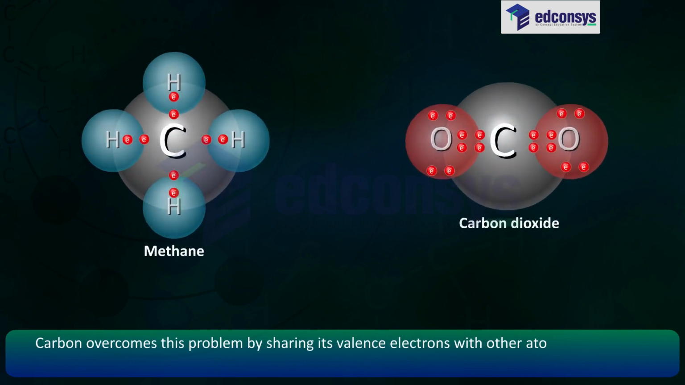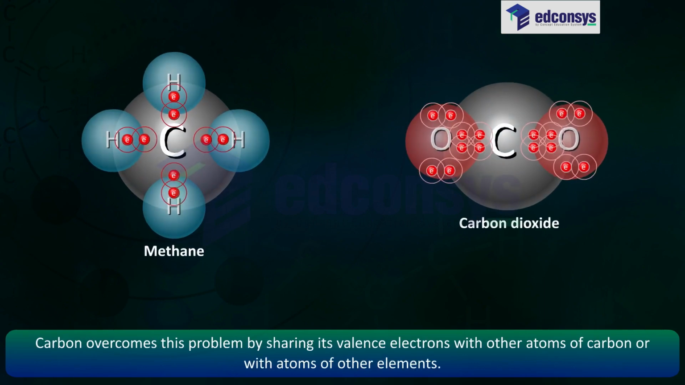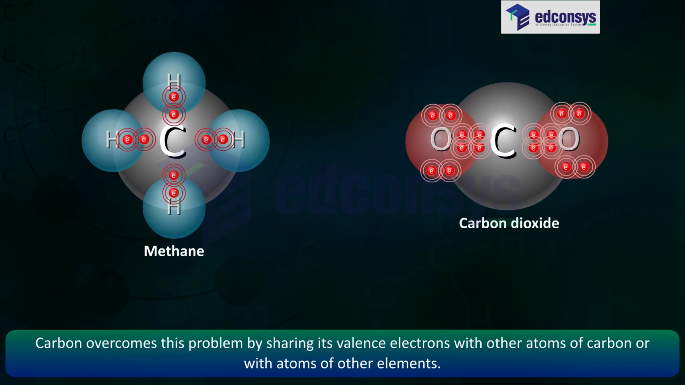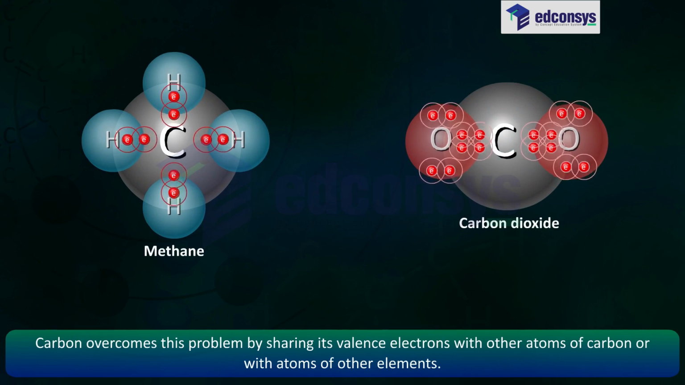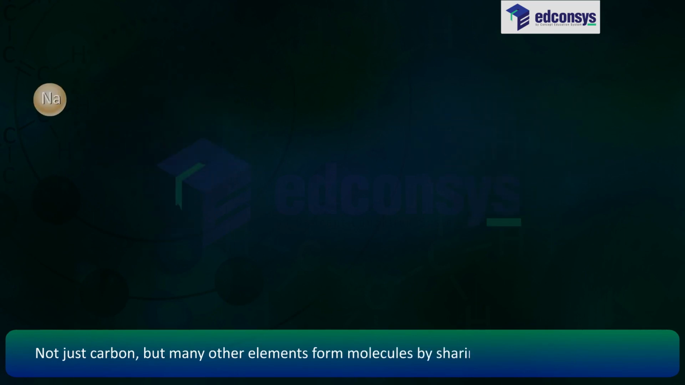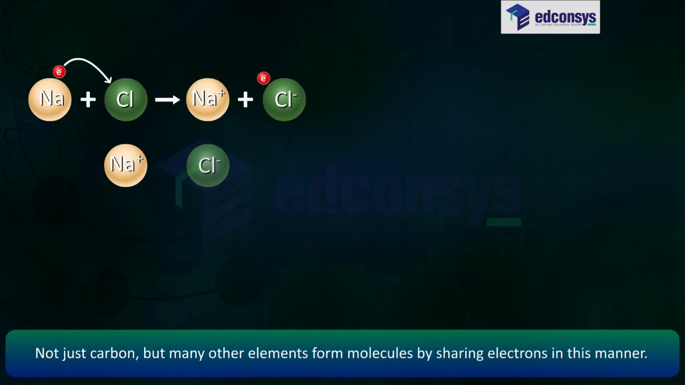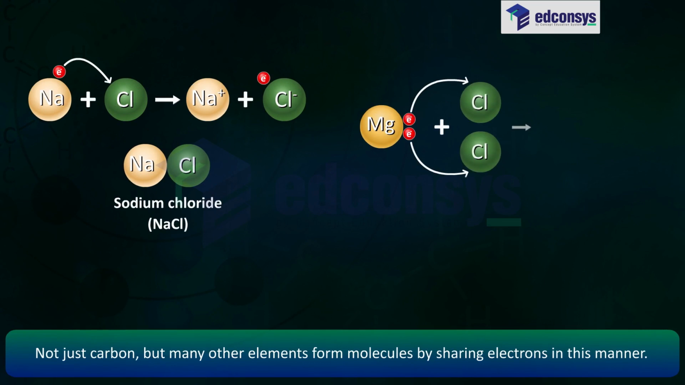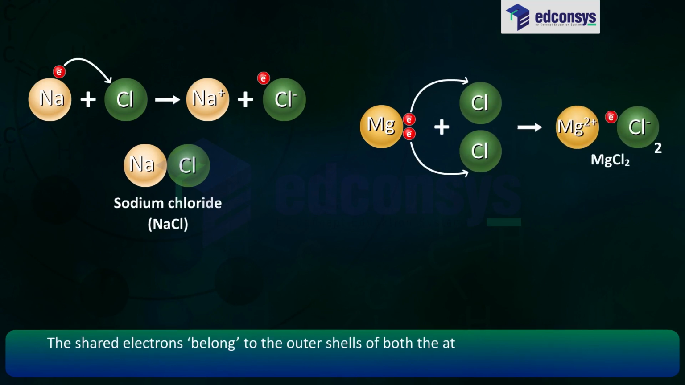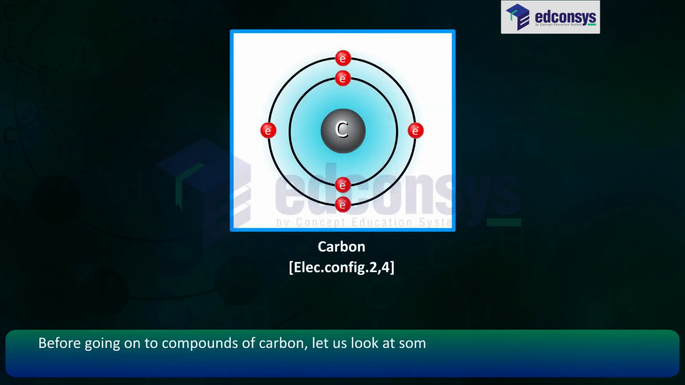Carbon overcomes this problem by sharing its valence electrons with other atoms of carbon or with atoms of other elements. Not just carbon, but many other elements form molecules by sharing electrons in this manner. The shared electrons belong to the outer shells of both the atoms and lead to both atoms attaining the noble gas configuration. Before going to compounds of carbon, let us look at some simple molecules formed by the sharing of